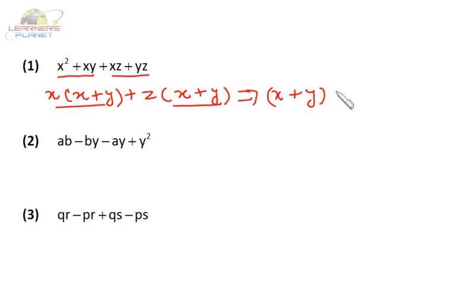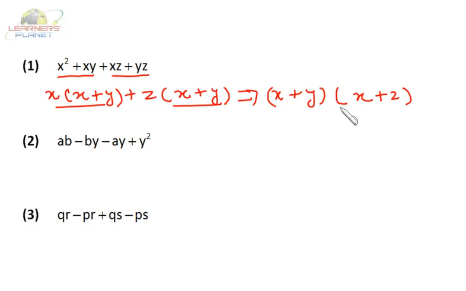Then at the first step, x plus y divided by x plus y, I'm left with x, and z into x plus y divided by x plus y, I'm left with z. So this is a two-step factorization. First of all you have to group the terms,